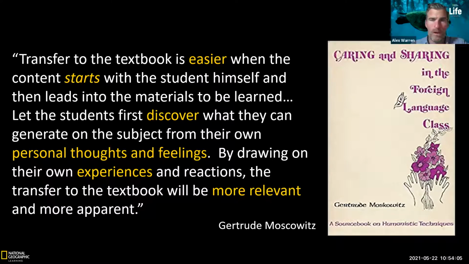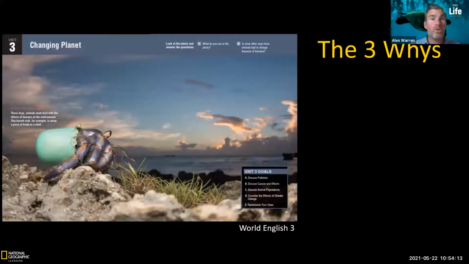And of course, we do this a lot of the time. We start with that warmer, connecting it to their lives. But I want to share some other activities with you that can help you do that in a really nice way. And the first one is called the 3 Whys. And this is a thinking routine that nurtures a disposition to discern the significance of a topic by keeping a personal, a local, and a global view in mind.